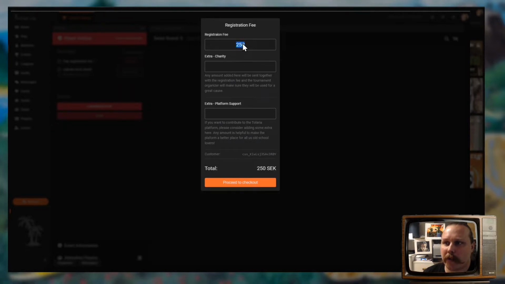So here we have the fixed fee of 250 SEK, and then they can add extra for charity, and they can do platform support if they want to support Tolaria.app, which will sum up in a total of 350 Swedish kronor. And when I proceed to checkout, this will